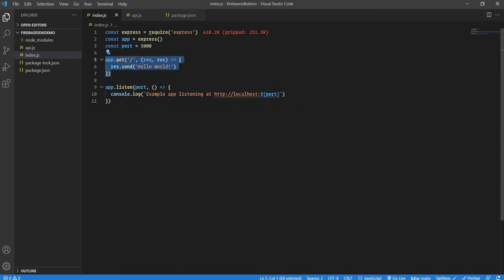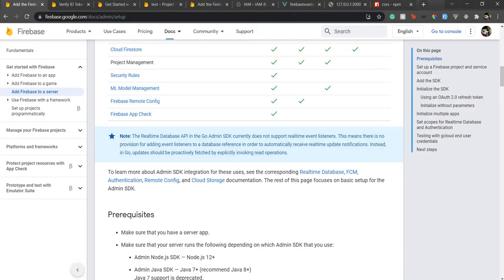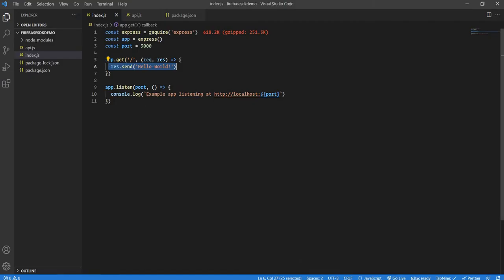So app.get means the get request on the root route. So / is the root route. We have a request response callback, and we are just sending a response of hello world, which I'll show you in a moment, or I can show it now on the browser, which shows something like this. And before that, we are listening to the server at port number 3000, and we are just logging that we are listening at this port. So that's all on